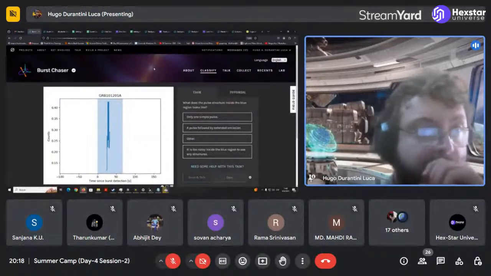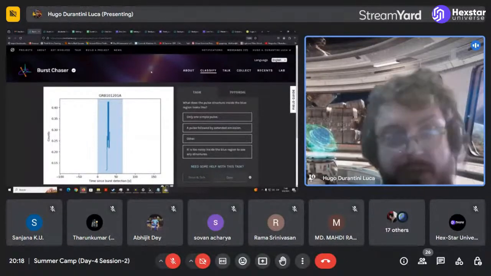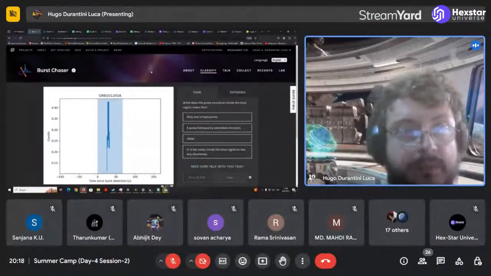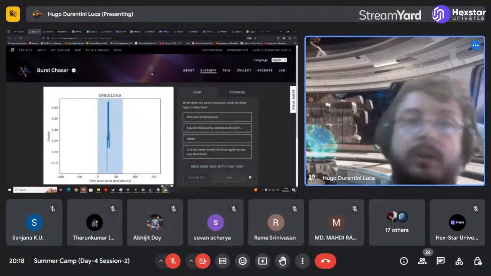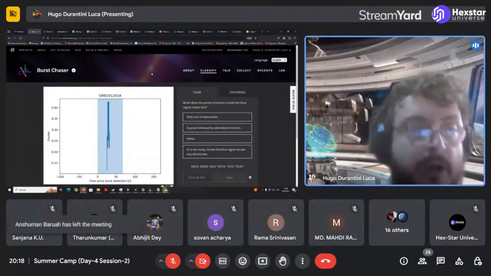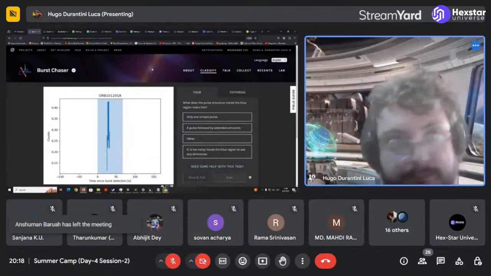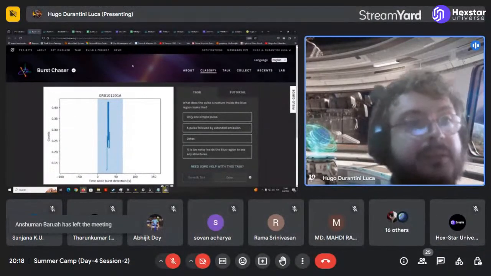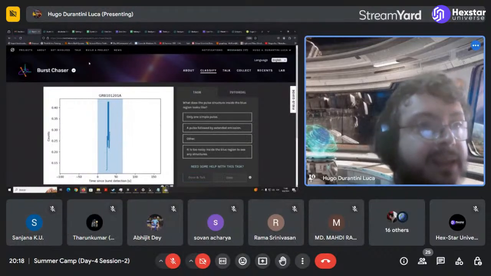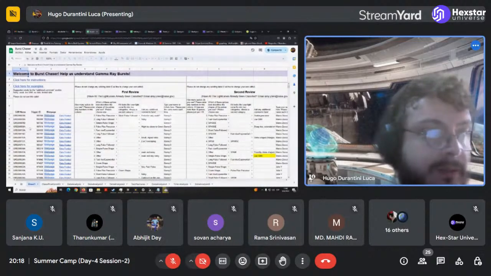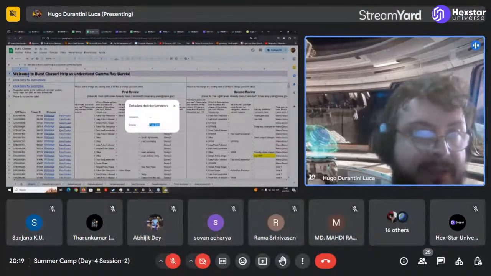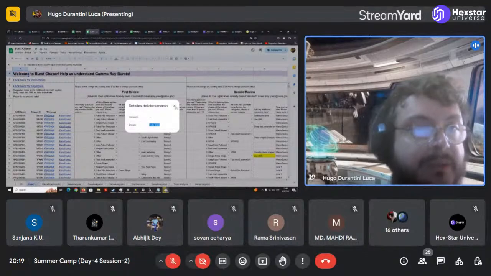After that, you can contribute more or less depending on the structure of the citizen science project, because in some cases you are going to have additional ways to participate, like in super user groups. In other projects you are not. You are going to have to see how each project deals with that. In the case of Burst Chaser, it was a kind of interesting experiment that was started back in 2020. You can see the date here. We started this in December 2020.